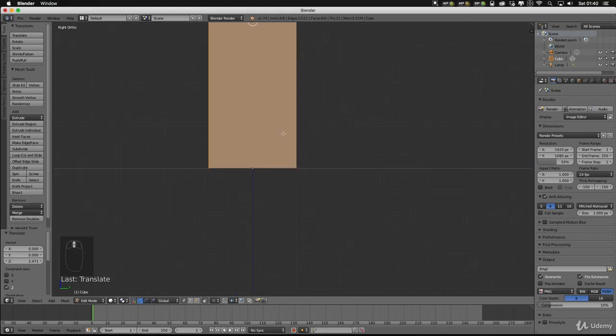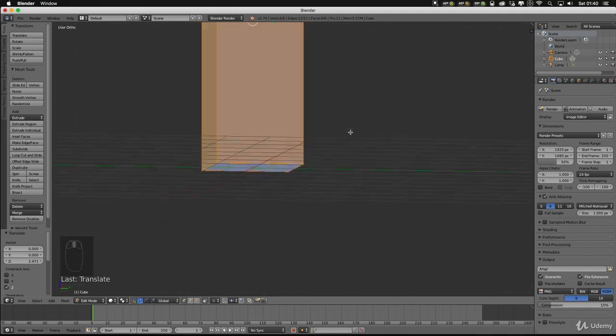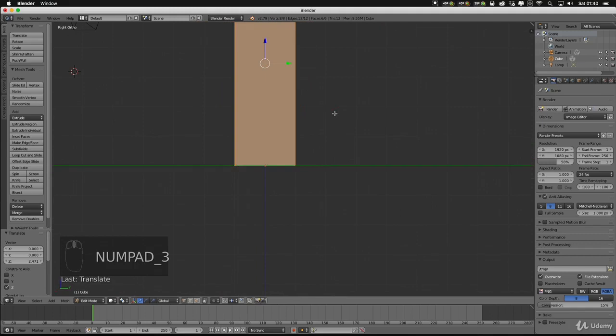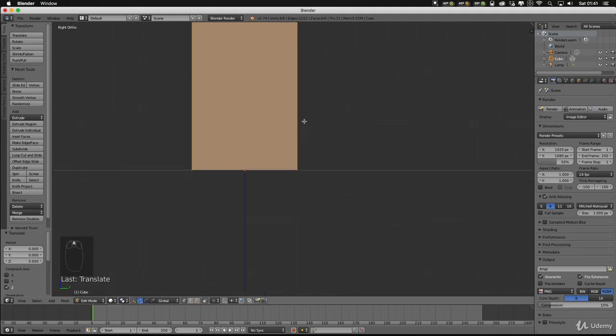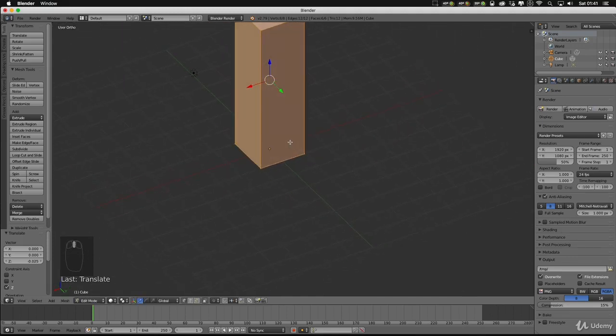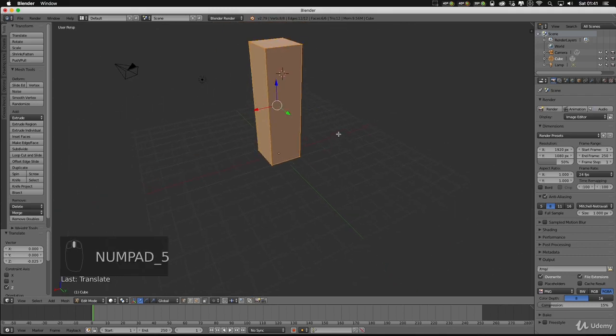So it's just sat there. If you do that and move out of your ortho view or your right view, just click 3 again and it'll go back to that side view, that right view that you're looking at. So I'm just going to come out of ortho and go back into perspective.